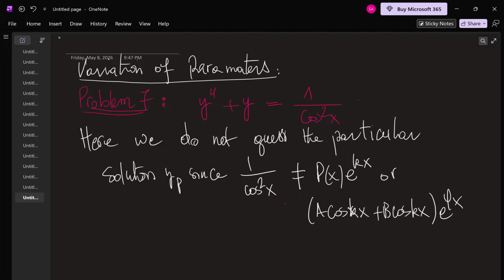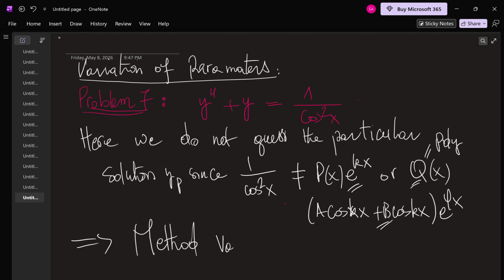It is not of this form, nor some polynomial q of x. So since it is not of these forms, 1 over cosine x, we definitely use the method of